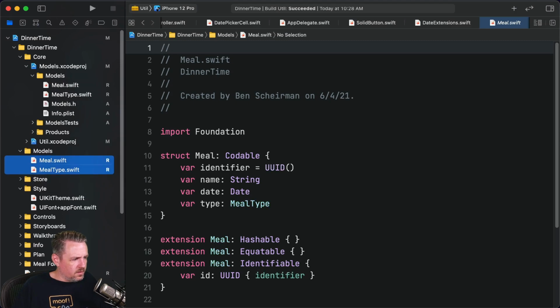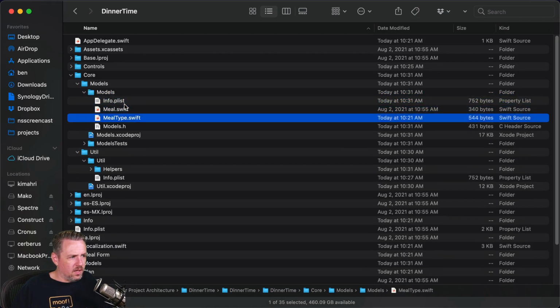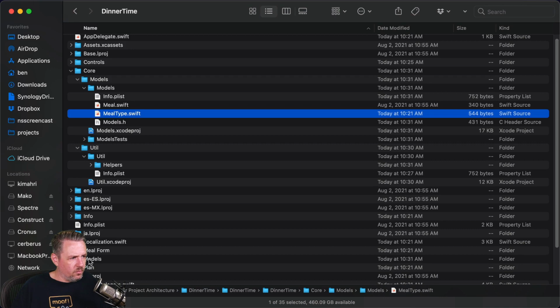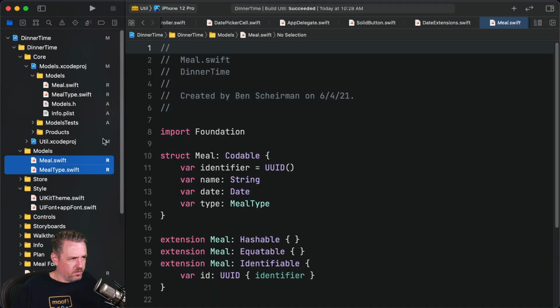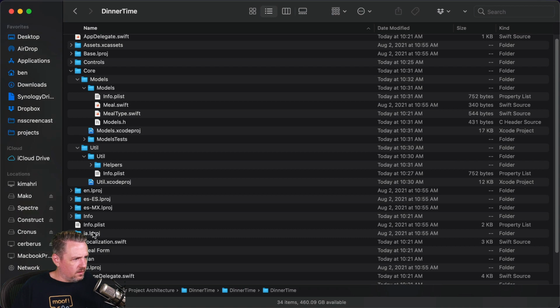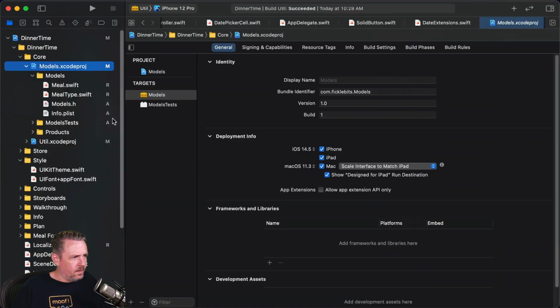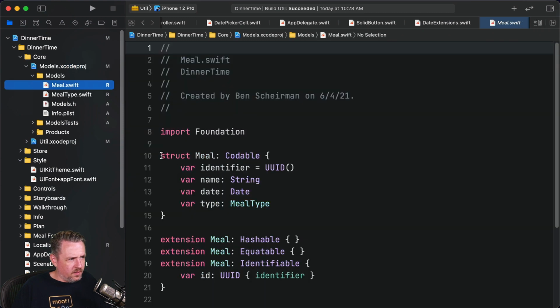When I do that and I go back over here, we have models, and it did copy those there. It left the folder here, but it moved the files actually, so that is what we wanted. What we want to do is delete this, and we're just going to say remove references. And I think, yes, that actually did delete the folder as well. So now those models got moved inside, and now we just need to make each one of these public